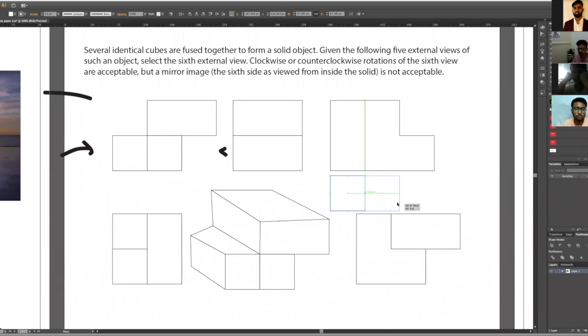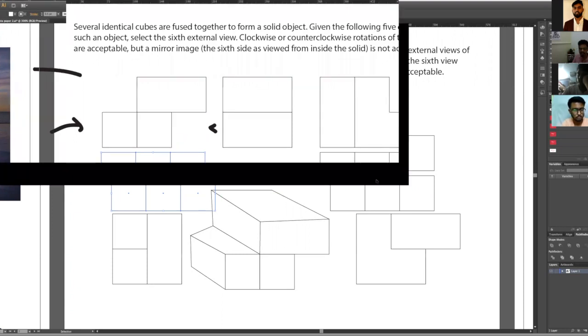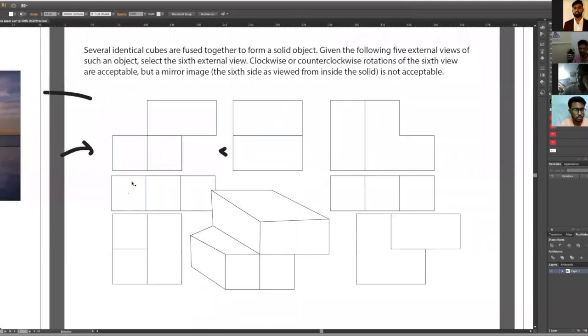Now, if I move to the third image, it is again a length of 3 cubes. Yes, it is a length of 3 cubes. Now if I go back to my first image, this is again the same length. These two sides are somewhat similar. Again, it has 3 cubes at the same time. So what is the probability? What sort of view is it? Can you guess? Top or bottom? Side view?